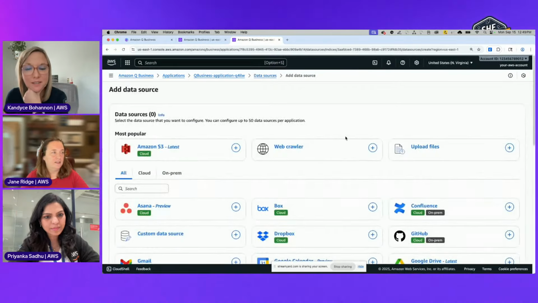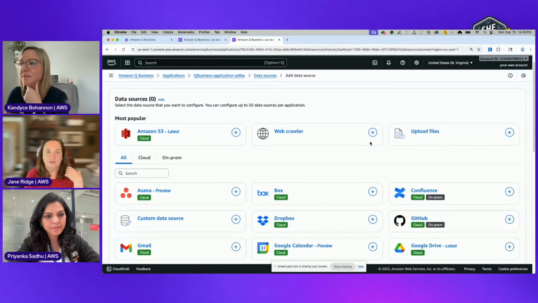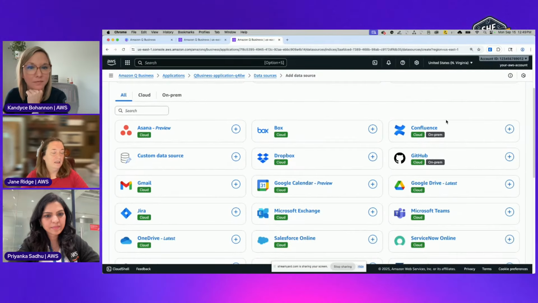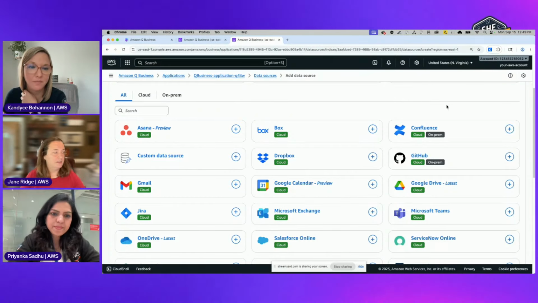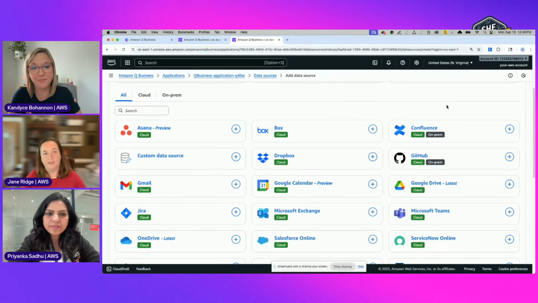So if I go in and click add data source, I could actually crawl a web page. So let's say you have an internal company intranet, you could have it crawl that. If you have data in S3, if you want to upload files, but also you can see a lot of my customers have data out on Google Drive they want to bring in, and Slack. And the beauty is this really is bringing it all together under that one umbrella, so I can now ask questions across the data versus having to go one place for an answer here, that kind of thing.